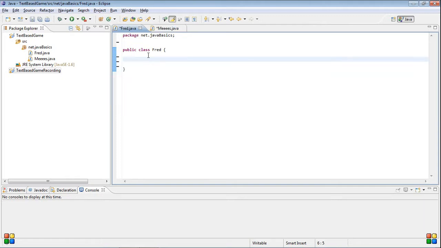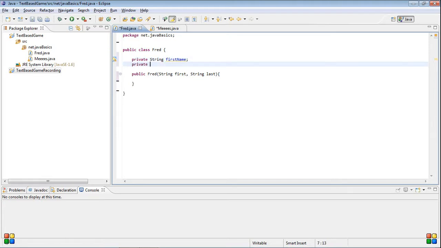Now what we're going to do this time is, the way you create a constructor is you do public, then the name of the class, so Fred, and then inside of here, like any other method, you put the parameters it needs. So we're going to do String first, String last. And then, don't worry about private here, but we're going to do private String, and I'm going to call it firstName. We're going to do the same thing for lastName. So private String